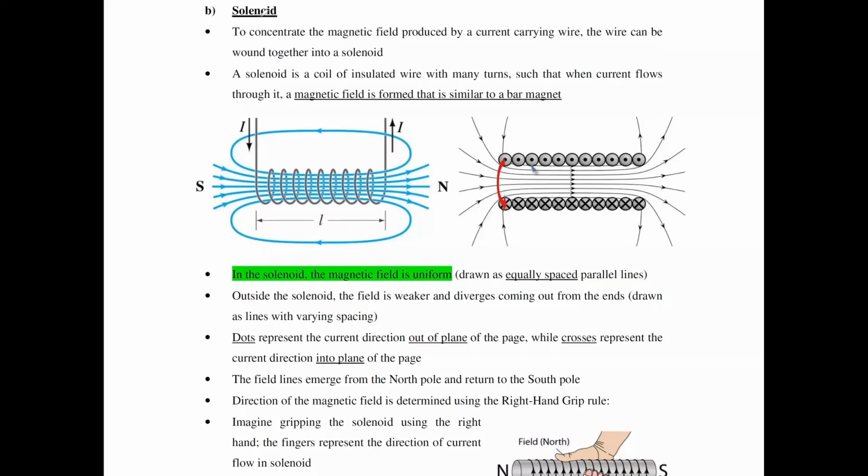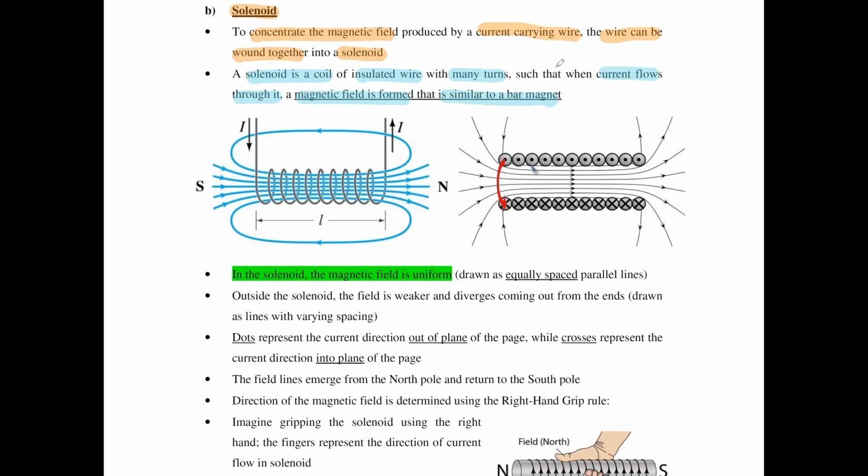Now, the next case we want to look at is that of a solenoid. Earlier, we mentioned that a current carrying wire produces its own magnetic field. If we want to concentrate the magnetic field produced by the wire, we can wind the wire together into something called a solenoid. A solenoid is just a coil of insulated wire with many turns, just like that of a spring, such that when current flows through it, you have a magnetic field that is formed that is similar to that of a